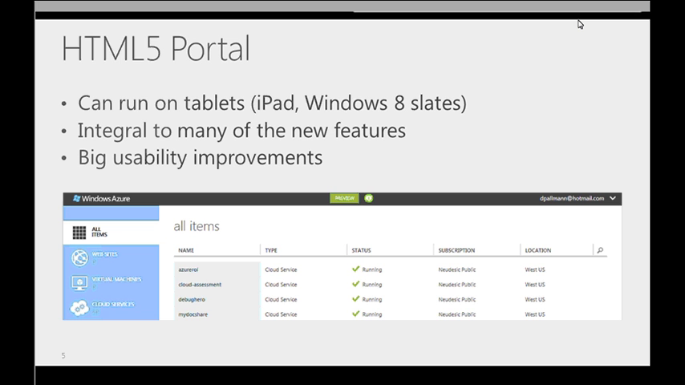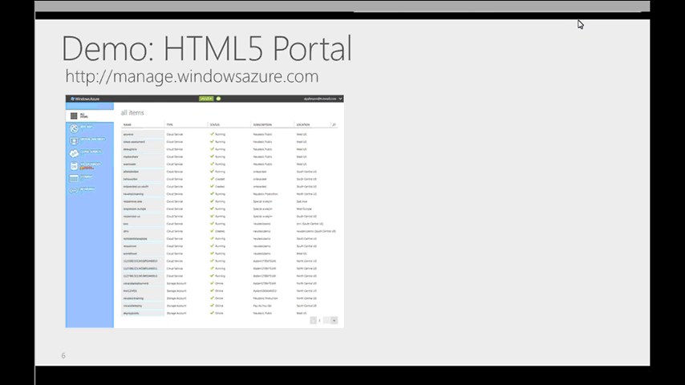The new preview Windows Azure portal is definitely integral to all the new features that we're going to talk about as far as Windows Azure websites and virtual machines. The preview portal is the only place that you can manage those applications. So let's take a quick look, exploring around what the new portal can do. And the easiest way to get there,